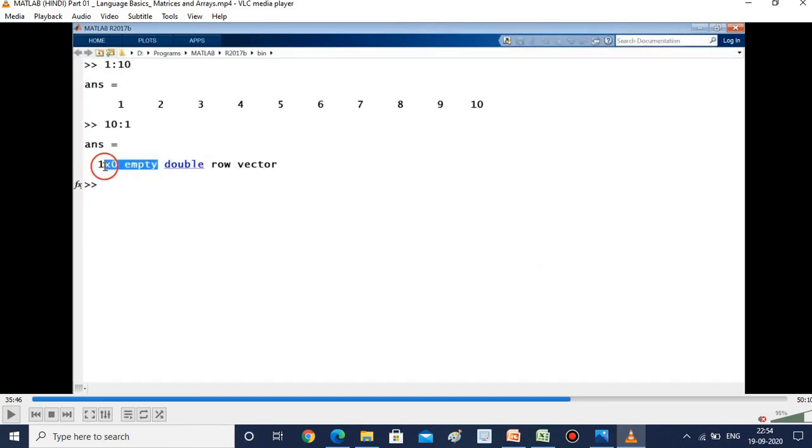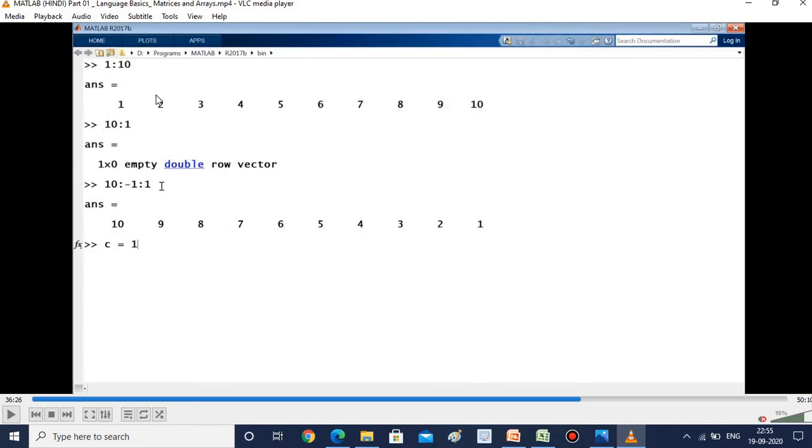1 to 10 means the row must be 1 to 10. If it is 10 by 1, it gives you the double a row vector. That means there are no 10 columns here. So 10 minus 1 means it will be decremented by 1. Starting index is 10 and it will be decremented by 1. 10 by 1 means it won't understand, 1 to 10 it will understand.